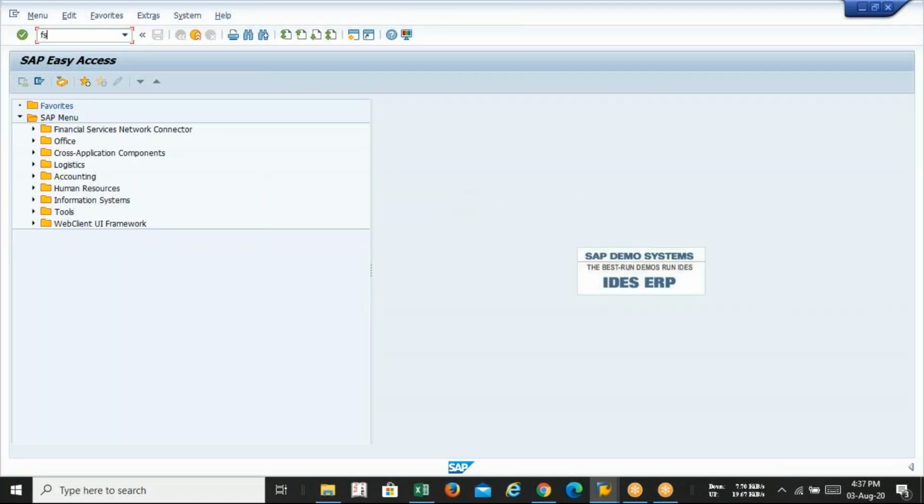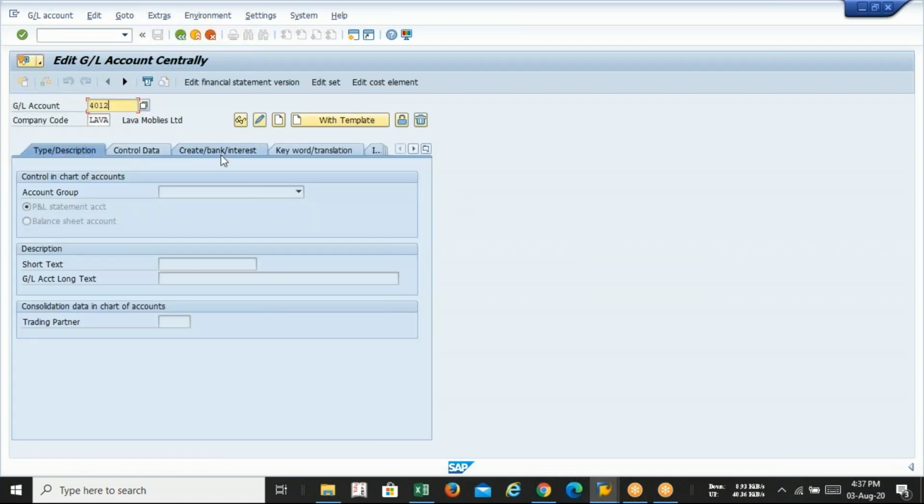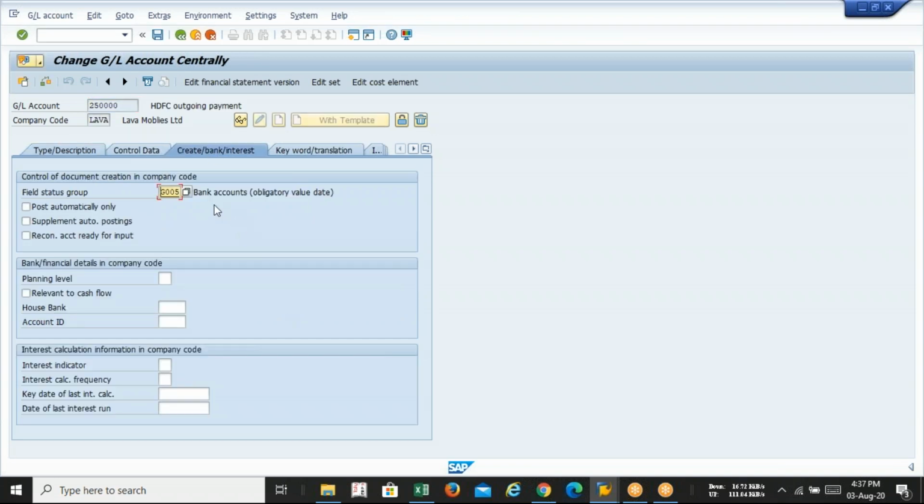Just have a look why I'm selecting value date, because at the time of creation of the bank GL, I have selected field status as G005. So 2,50,000 is my GL number. Click on edit, come to the bank data, and you can see that G005, and G005 is obligatory value date.